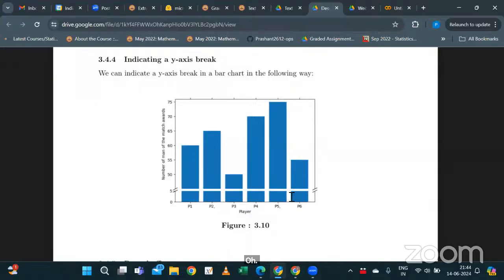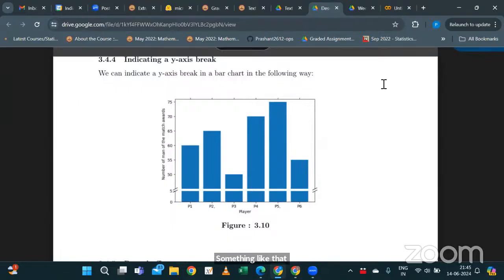Actually, this y-axis break happens when we are jumping directly, correct? What is the scenario actually? Suppose I want to emphasize the difference between smaller data points without being overshadowed by much larger ones, something like that. Yes, sir. So okay, I have drawn one